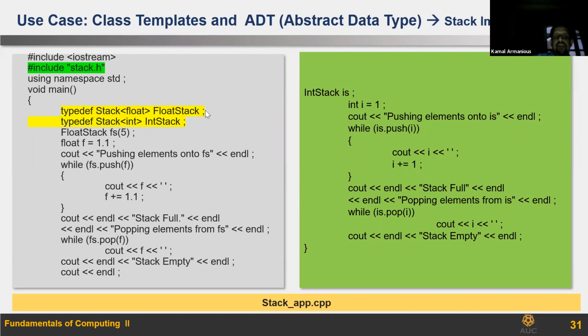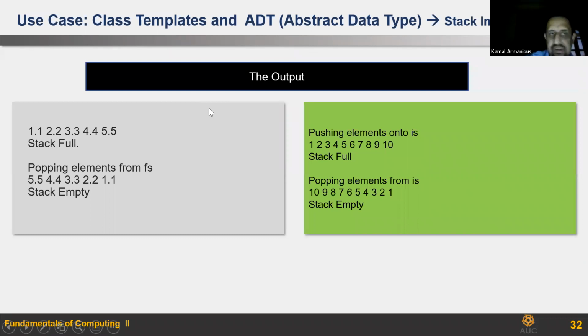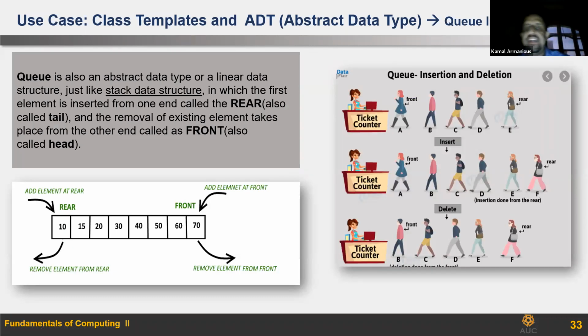Now, the queue is very similar to the stack, but it's based on the idea of first in, first out. When you go to McDonald's, you go into the queue, so whoever comes first will be served first. As if this is McDonald's, this is the first customer. It will be served first. Then the second one, the third, the fourth, and the fifth. And now the queue will be empty.